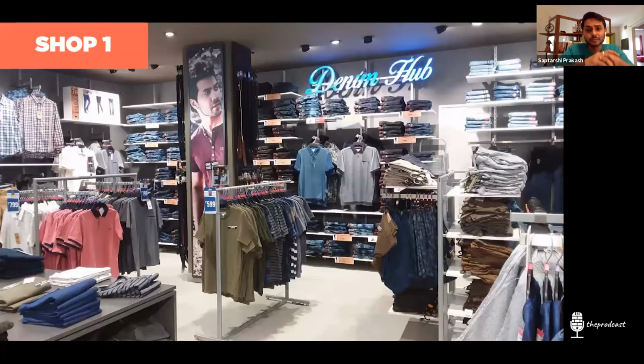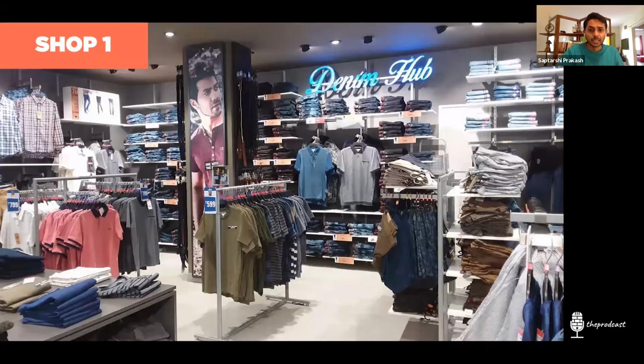This is how the inside of a Big Bazaar looks like. It has everything nicely arranged. T-shirts at one place, maybe capris on the other, shirts behind, and the jeans on the other side. And it's very easy to navigate and go pick up what you want. If you know that you want to buy jeans and you know that you want to buy it from this brand, you just go there, you navigate to that shelf, you pick up the jeans, the color and the size that you want, and you're done.